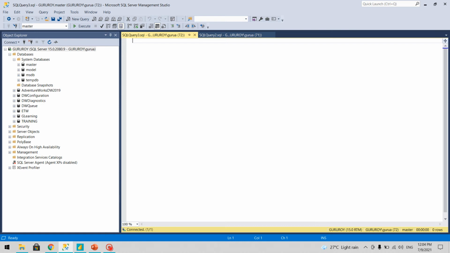So you have to make sure that you have proper database selection before executing your query, and then you write down your query here in the query window and then click on Execute or type F5. In case you just want to compile it and not run, then you can click on this icon.